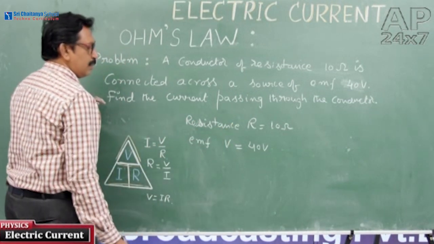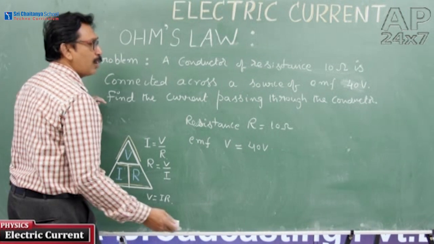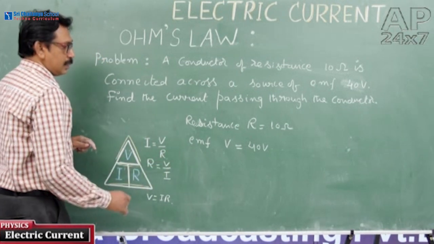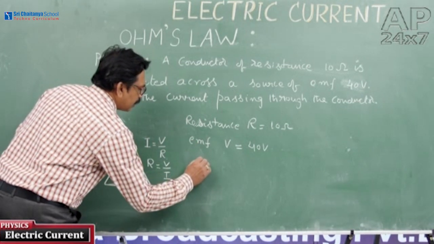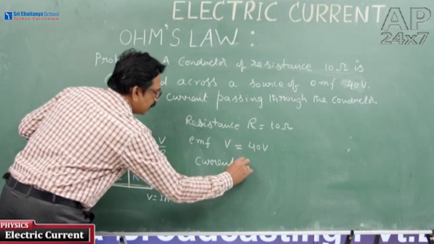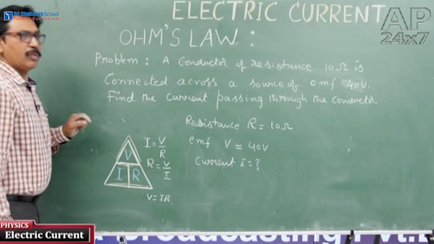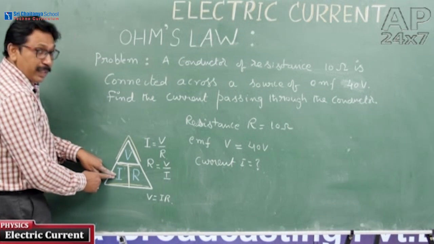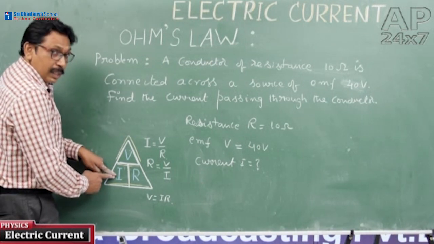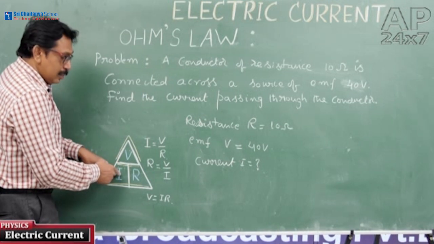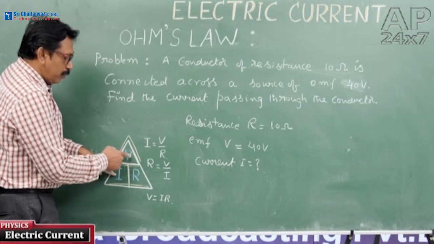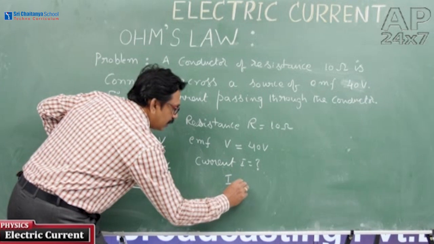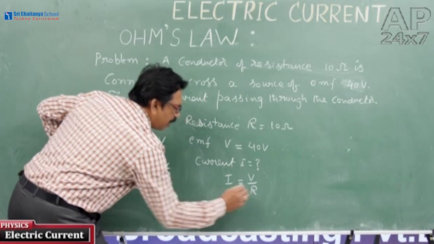When the data is given, you please go through the formula. So what is the formula here? Look at this. What you are going to find now is electric current. Current I is equal to question mark. Now what you are going to find? I you have to find. Look at this clearly. It is I you need to find. Therefore, V divided by R. I am writing I is equal to V divided by R.